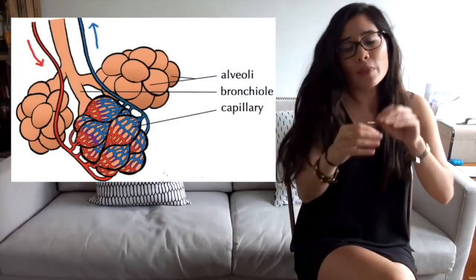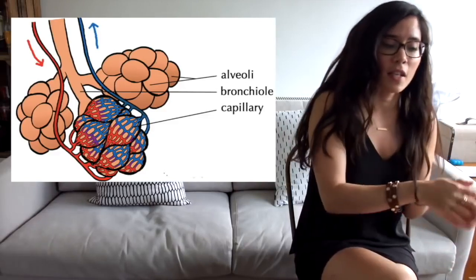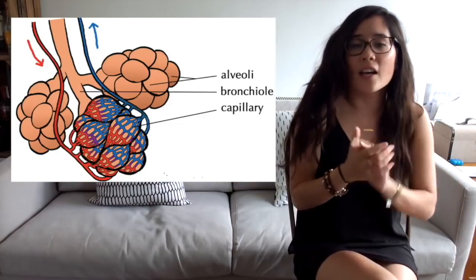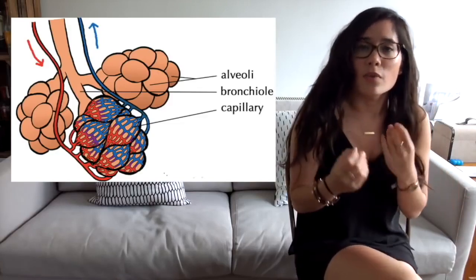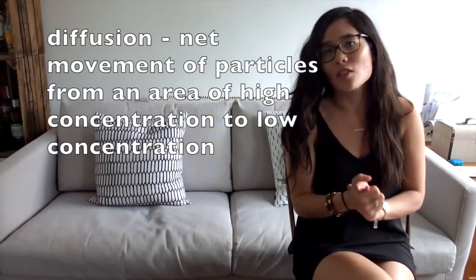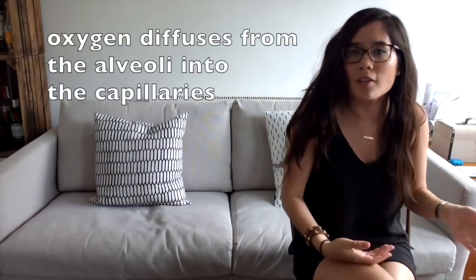That's where oxygen leaves the alveoli and moves into the capillaries, and carbon dioxide leaves the capillaries and moves into the alveoli. And I'm just going to tell you now that that occurs by diffusion. So if we take oxygen, remember diffusion is the net movement of gas from an area of high concentration to low concentration. So that will be oxygen moving from inside the alveoli through its walls into the capillaries, and that